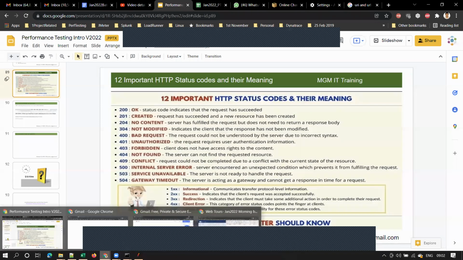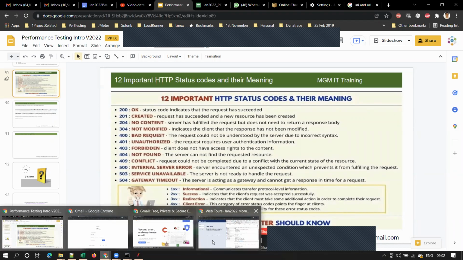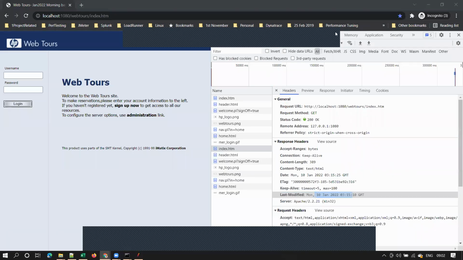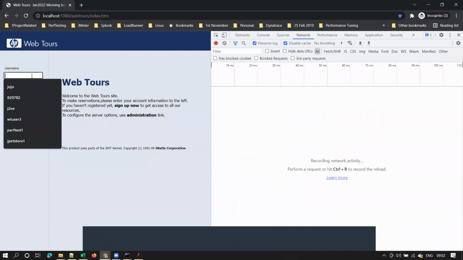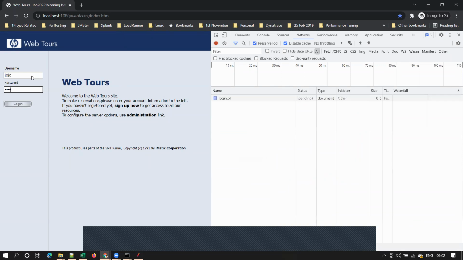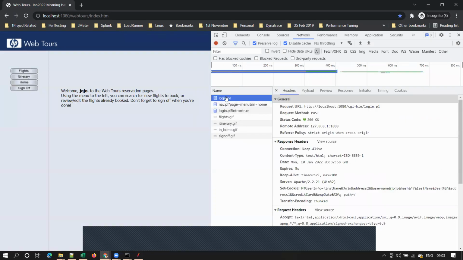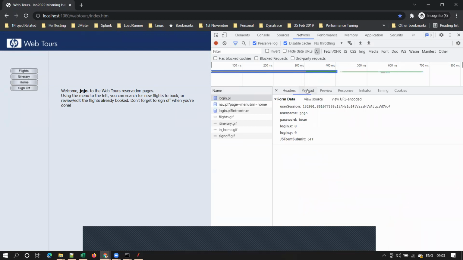So your request body consists of, okay, let me show you this way. Let me clear everything and let me log into the application. I'm logging into the application. And this is a request that went to the server. And observe here, this is request body. I told you just now, payload means nothing but request body. And what does this request body contain? Username, password, security. The credentials that I entered on the previous page were passed in the request body, isn't it?